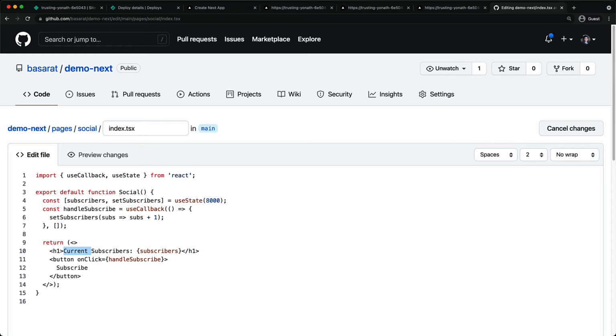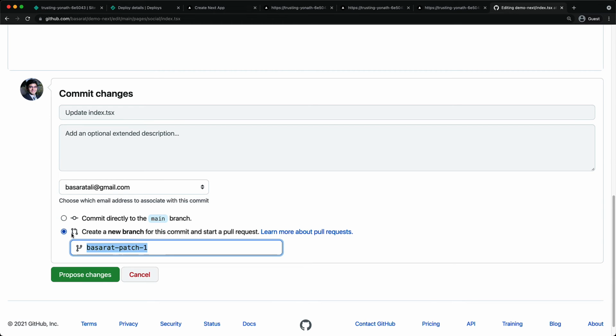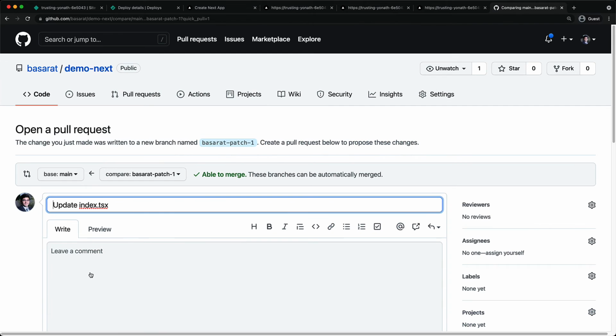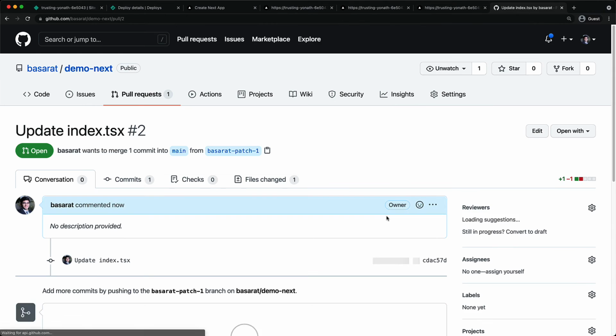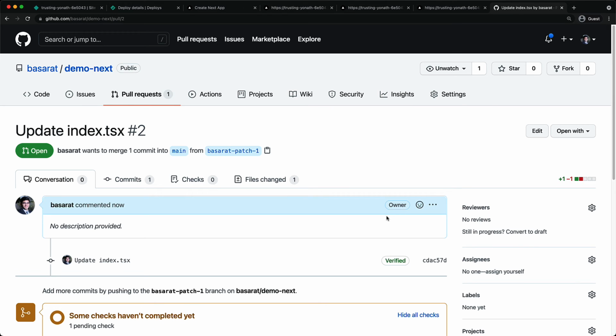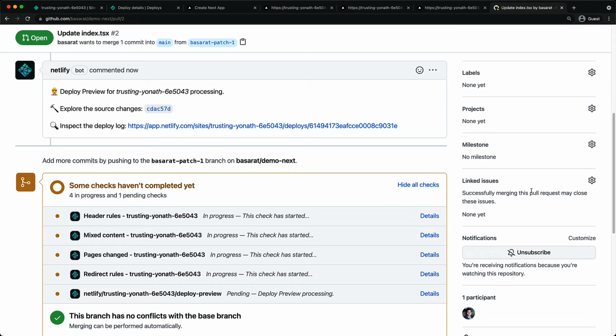So here I have my demo-next project pushed to GitHub, and I can modify our application over here. For example, change the current subscribers text to be just subscribers, and then create a new pull request with this particular change. And once I have the pull request created, it will automatically get picked up by Netlify because it's integrated with this particular repository, and it will leave a comment that it is starting a new deployment for this